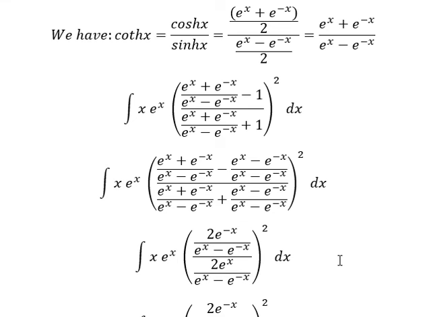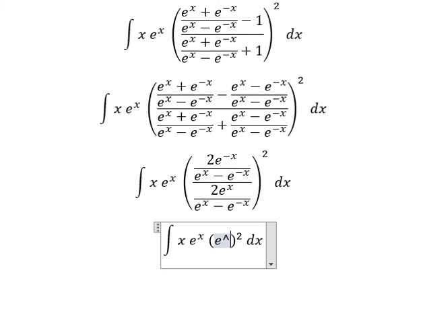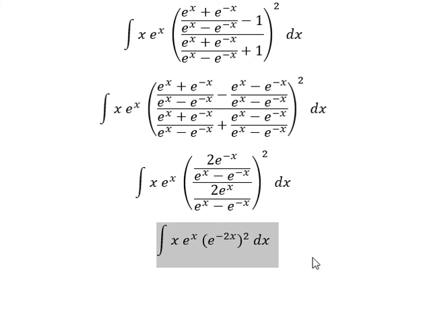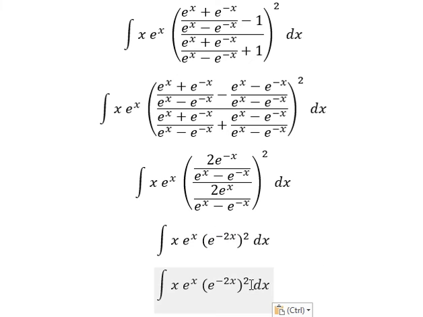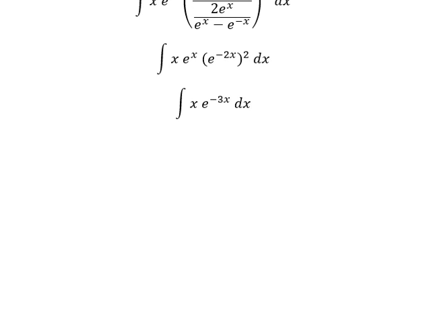Now we simplify again, and now we just have only e to the power of negative 2s. So this one, and combine this one, we just have e to the power of negative 3s. And now we can use integration